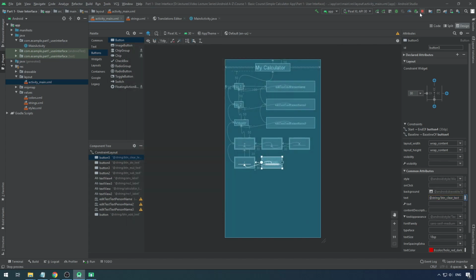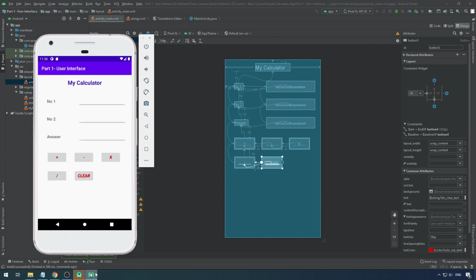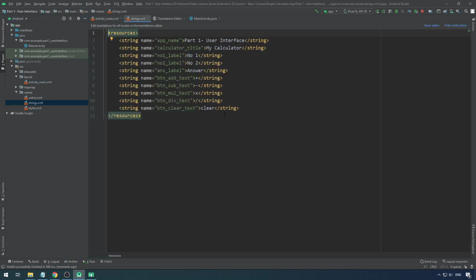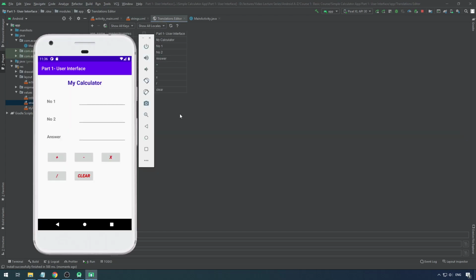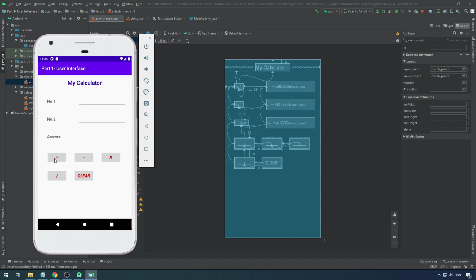Now let's run this, right? So why do we do this with UI strings? Have a look at our previous lesson on that, right? And once again, to remind you, why did we go to the strings XML and do this? Why did we add all this? Why did we go to the editor and add everything? And then why did we come here and put it, and now we are getting it, right? That is for